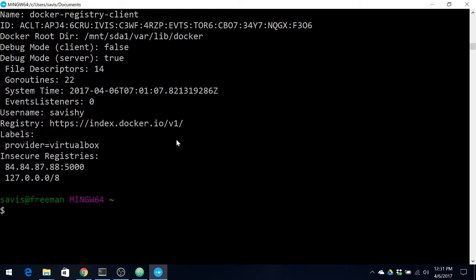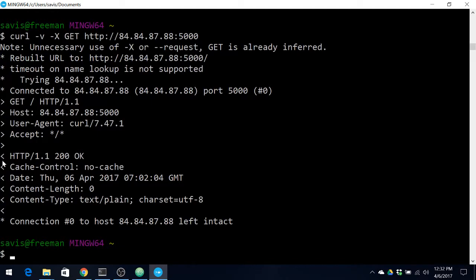Alright. So now, having said all that, I'm going to execute a quick curl command just to check the health of our Docker registry service. Great, it is up and running. It returned me the 200 code, which means that the service is up.